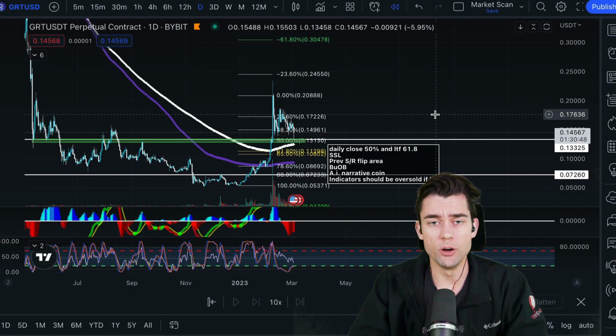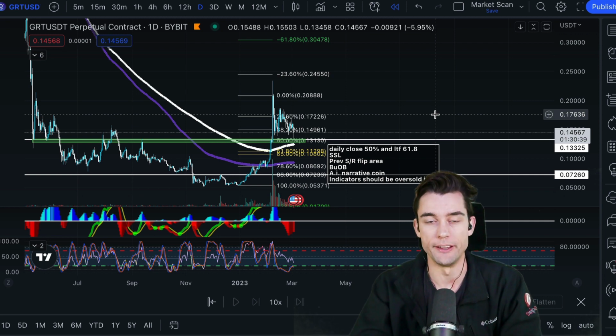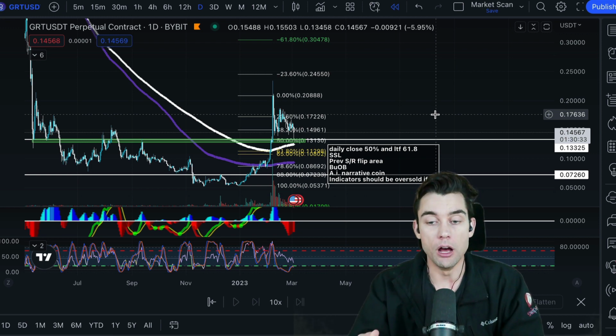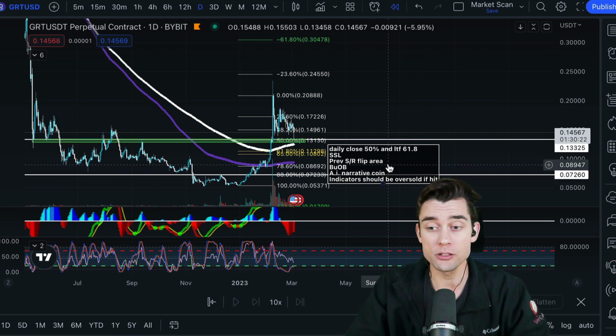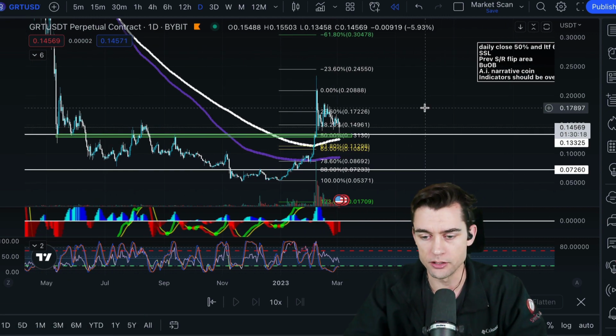Okay, guys, so I've been going through all of the alerts that have been going off in the VIP group, and I am looking at a lot of coins, and I came across GRT, and this one's very interesting to me, and it's a very good example of how I put on trades. And so I feel like I should go over this because this could be pretty beneficial to share how I look at the markets and what I do.